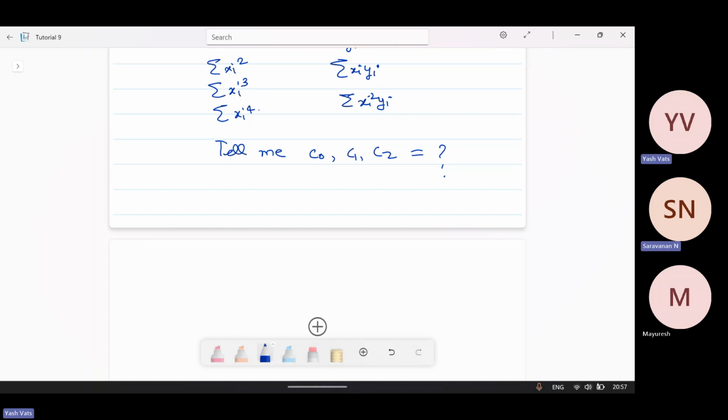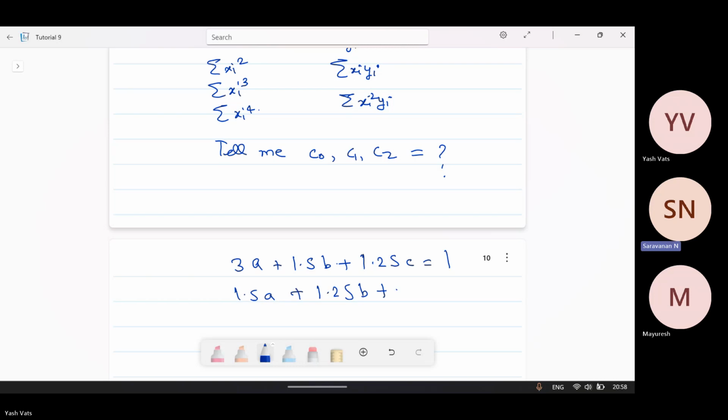Go ahead. Actually I have done only halfway, and I have to solve for this C0, C1, C2, but the equations I can tell. In place of C0, C1, C2, I have taken A, B, C for convenience. First one is 3A plus 1.5B plus 1.25C equal to 1. And then the second one is 1.5A plus 1.25B